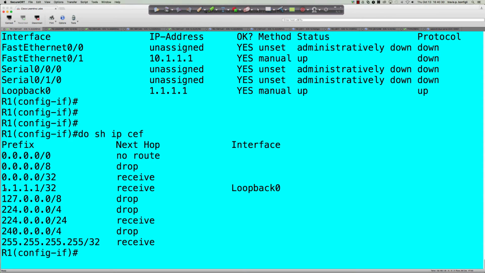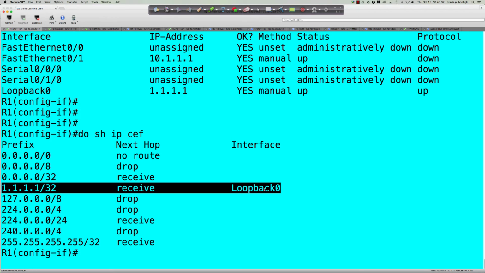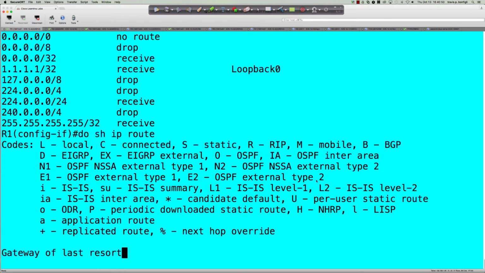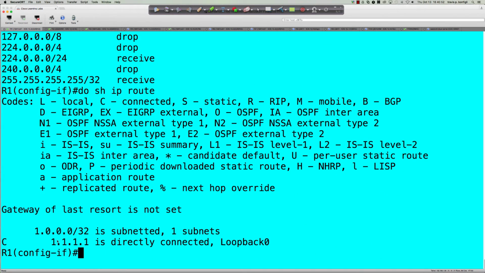And you can see the receive entry, right, it makes more sense now. We've got this loopback interface. The next hop is receive, which means me. I'm the next hop for this. I am the destination for 1.1.1.1. So here is the FIB, the forwarding information database, because do show ip route, the RIB, there is my directly